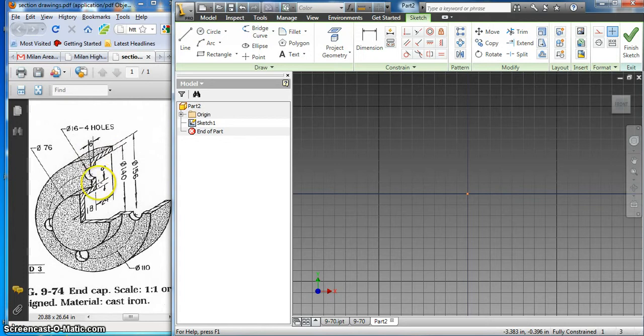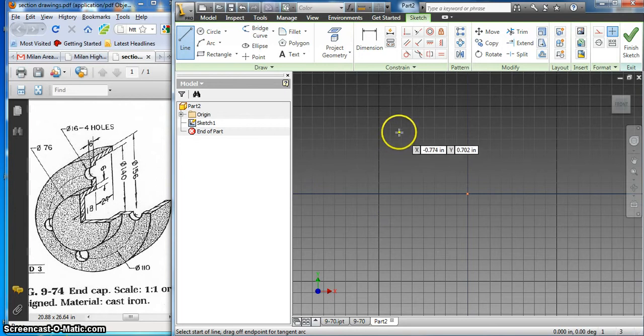If we draw that particular part and then revolve it around this, we're going to get the entire part created for us while just revolving it. So we see that it's 6 thick here, 6 thick here, 6 thick here, and then we just have to get the measurements for going this way. So I'm going to start